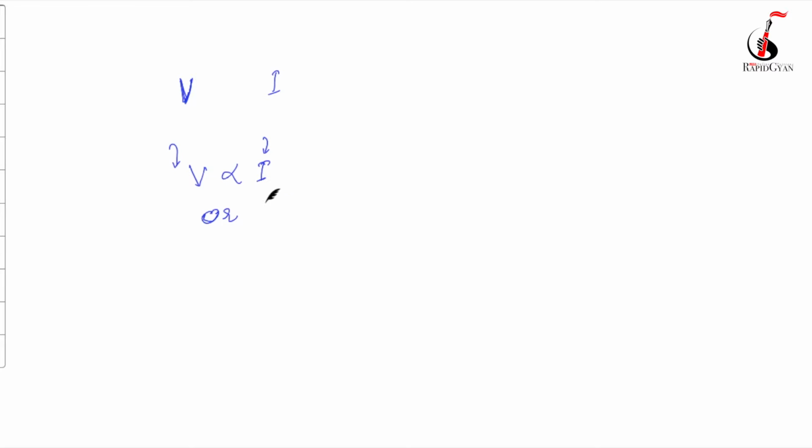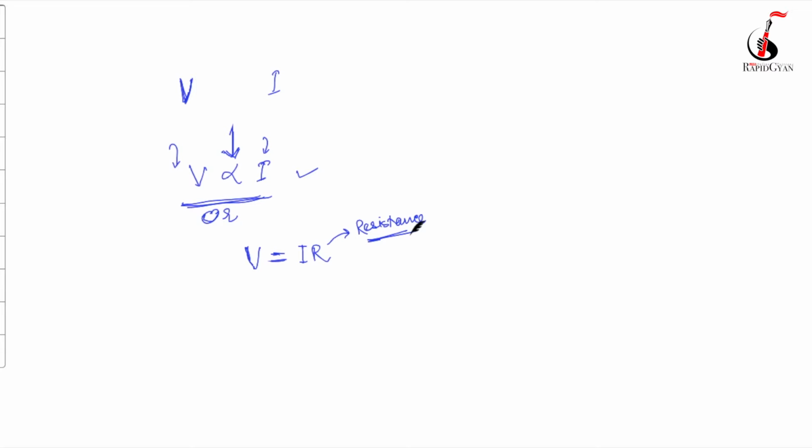So this is fine. When we solve this question, because we are going to solve numericals on this basis, we will have to remove this sign. This is called the proportionality sign. How are we going to remove it? Whenever we remove this sign, it will be replaced by a constant, and that constant is called resistance. This R is called resistance. I will explain what resistance is after a little while.